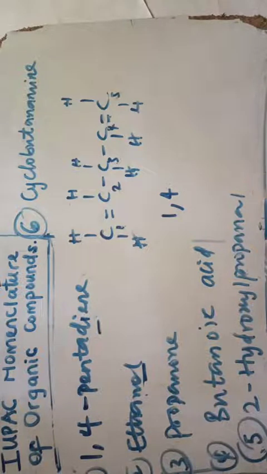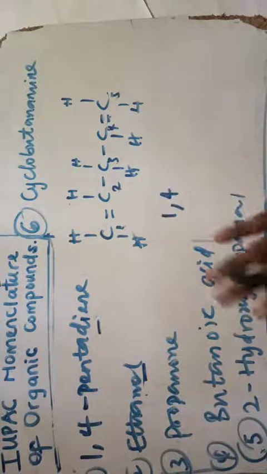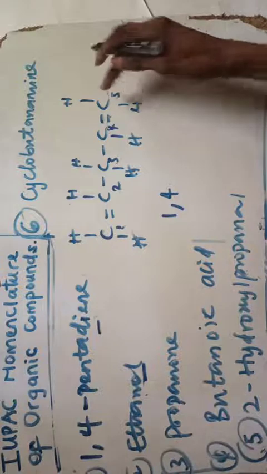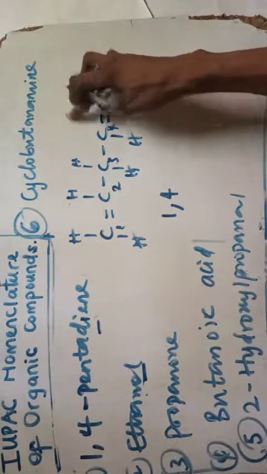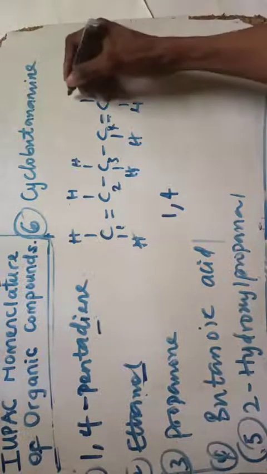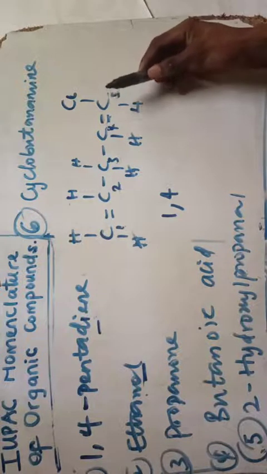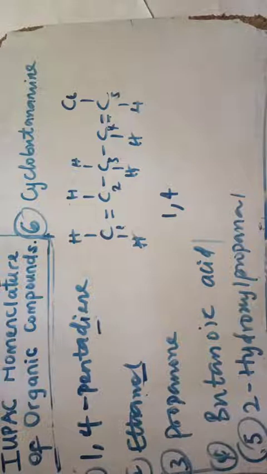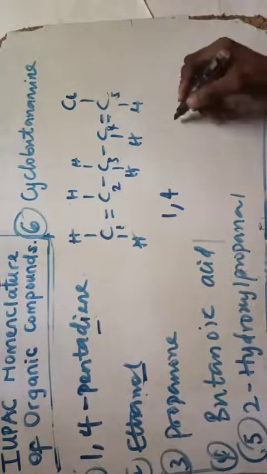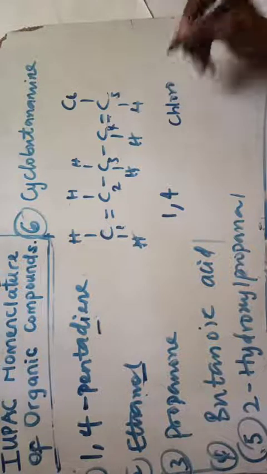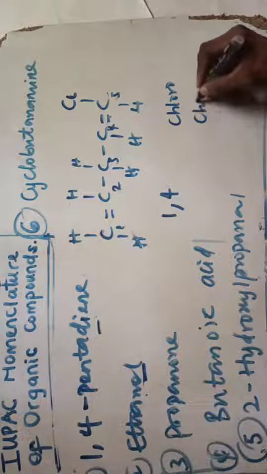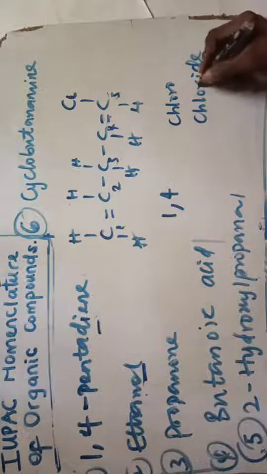So if you want to join 2 numbers or 3 numbers or 5 numbers together, we have what we call prefix and what we call suffix. The prefix is the shortened form, but it is very singular. Example, chloro. If I have this branch here, the Cl that I wrote there is just simply the group present, but the prefix is chloro, while the suffix is chloride. So the suffix is like the full name of the compound.